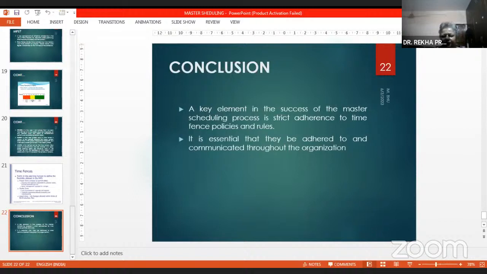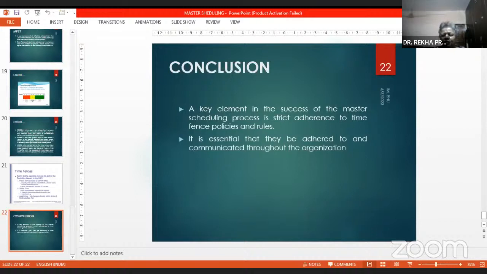But then from there you move to the slushy phase, where that has become less, and in the fixed phase, now you are at the point of delivery. So changes over here are not allowed. That is why it is known as the fixed phase.